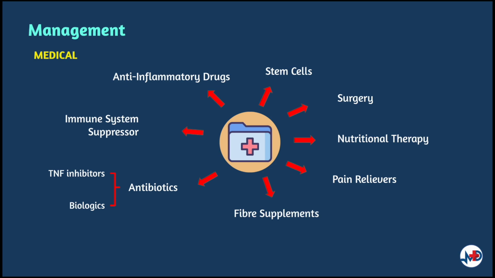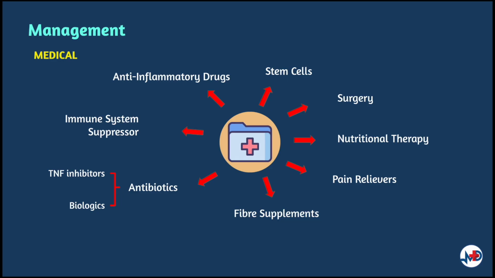Antibiotics are given to help heal ulcers and fistulas as well as to help reduce the number of harmful bacteria in the bowel. Newer drugs called biologics are used to treat Crohn's disease in people with moderate to severe cases. Ustekinumab is the most recent biologic approved to treat Crohn's disease. It is used in the same way as other biologics as well.